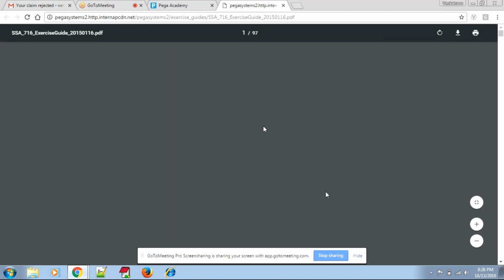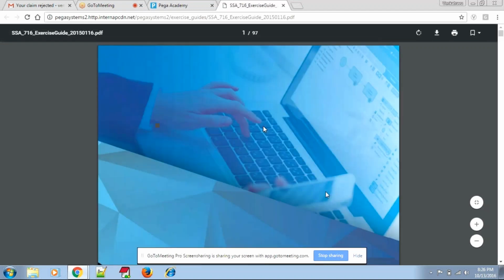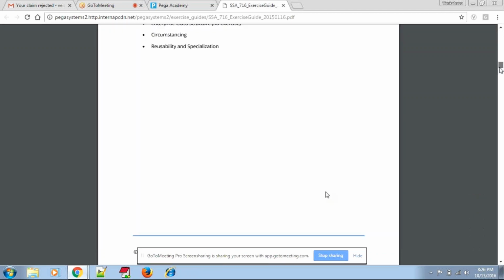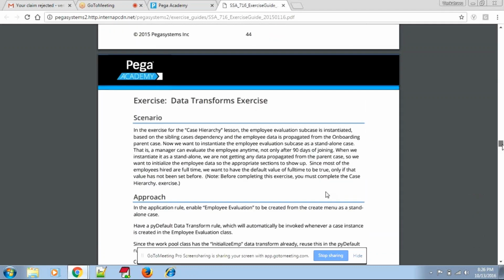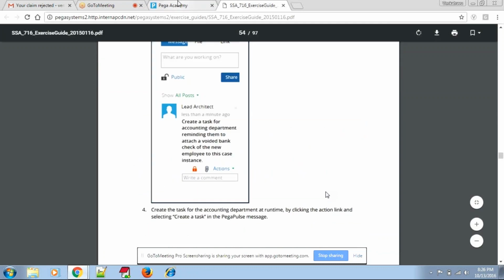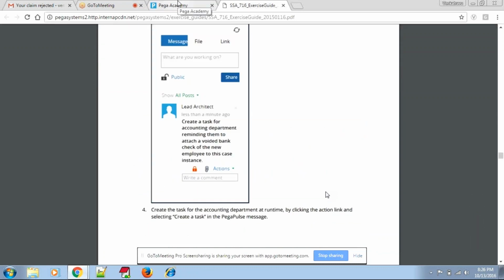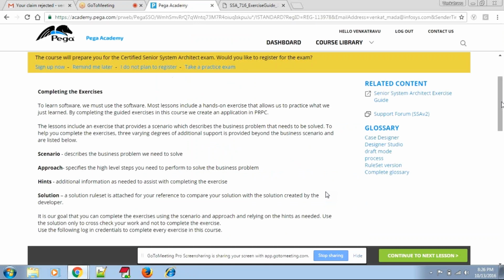Now this one, you should give the student guide. I think this is one page only. So go to the first chapter once. Yeah, this is 97 pages. I think this is only exercises, not the complete one. Let's go to the first chapter, application design.